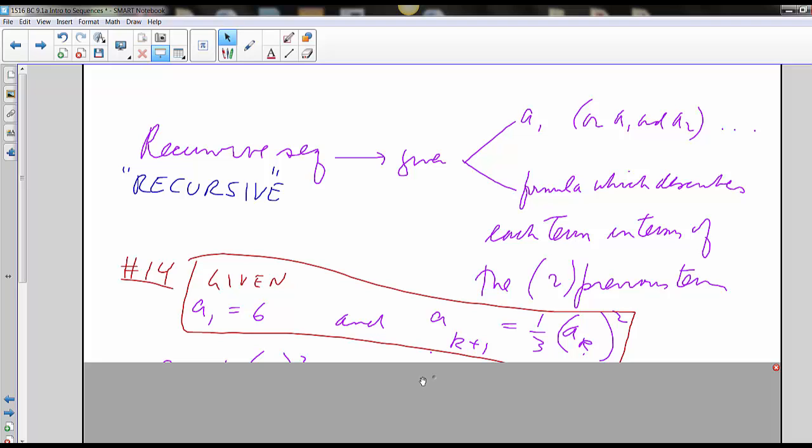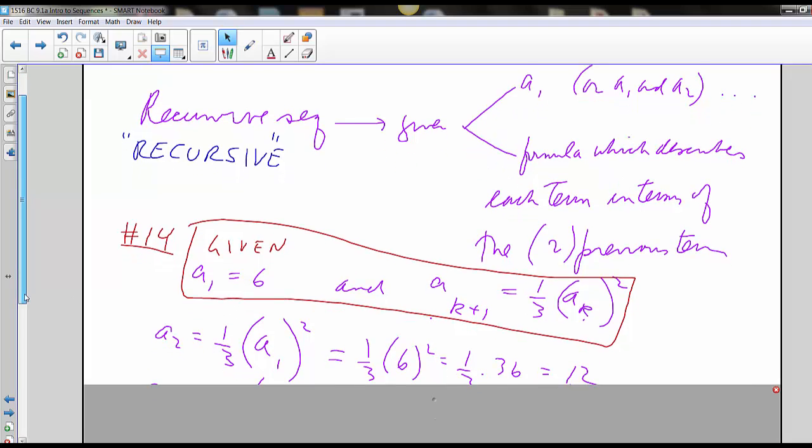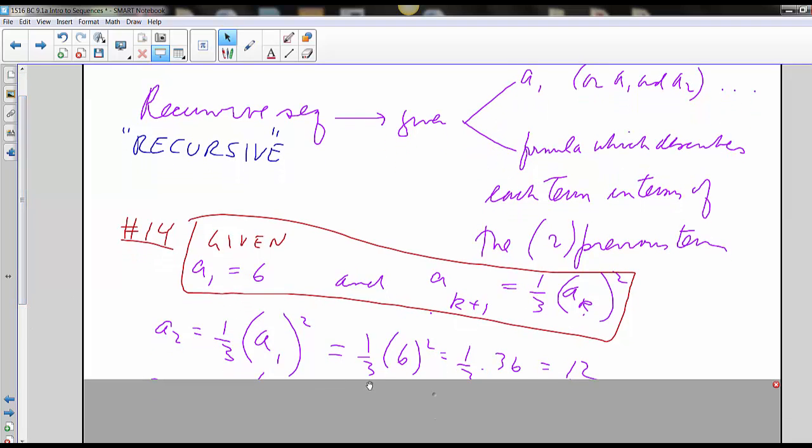And they're giving you the formula, the recursive formula, which is that the k plus first term is equal to 1/3 times the kth term squared. So, therefore, our A2, if you let k plus 1 be 2, then that means k is 1. So A2 would be, according to the formula, 1/3 times A1 squared, which is 1/3 times 6 squared, etc., which